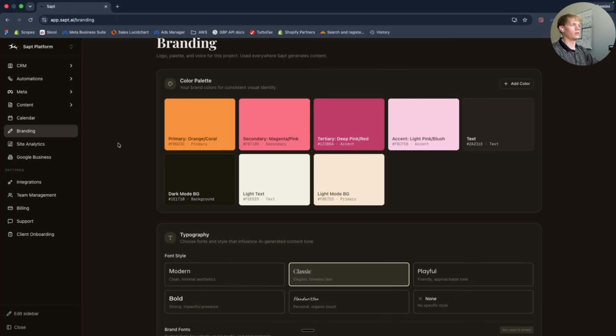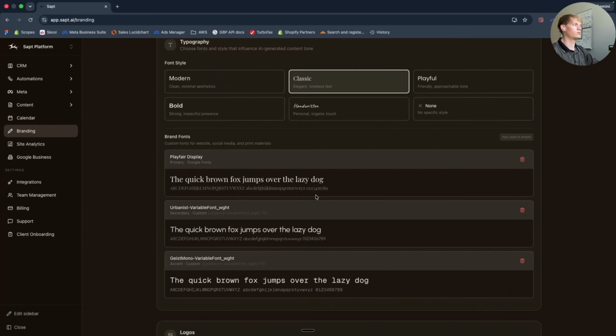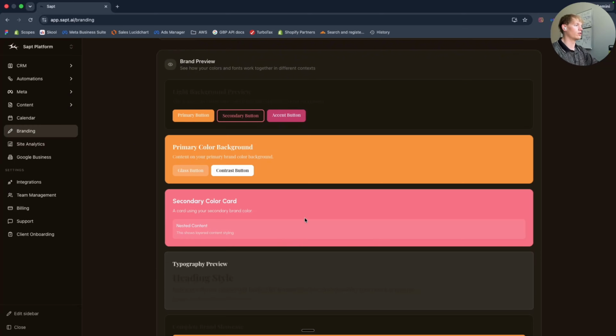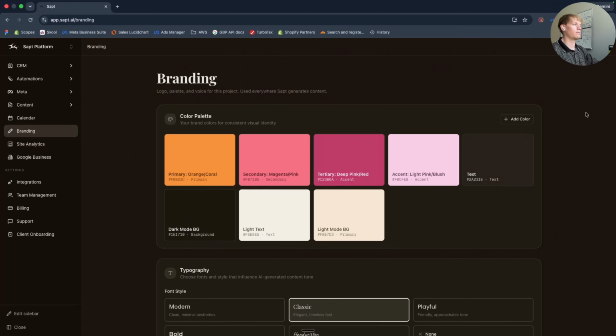We also have the ability to configure our branding. So this keeps everything very consistent across all platforms. You can define your fonts, your logos, see some rendered examples of what it may look like. But this is super helpful for creating funnels, VSLs, whatever it may be, keeping that consistency across your entire brand